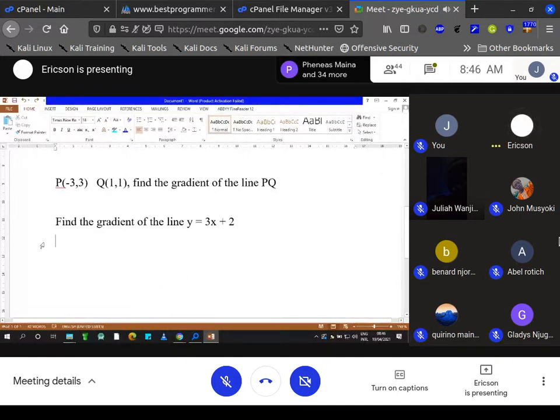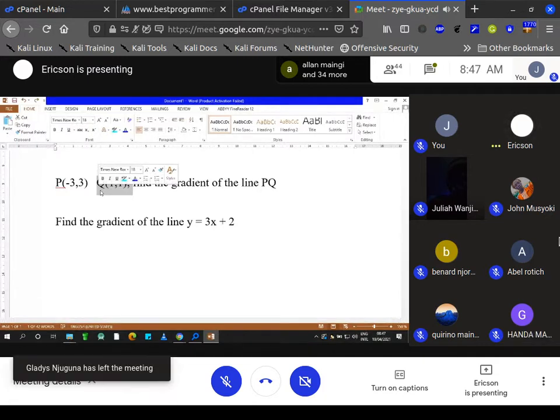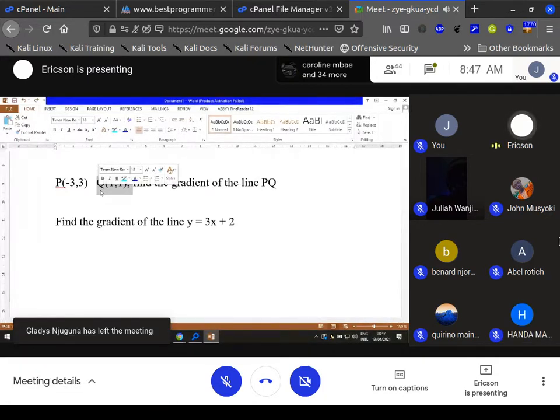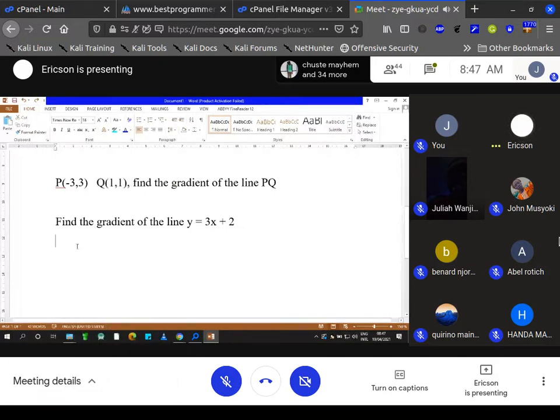But instead of having many values of y, when you're calculating the gradient, we only need 2 points, as we have seen before. We need to have a change in y, and we divide it by the change in x of the 2. So in finding our first coordinates, at our x value,